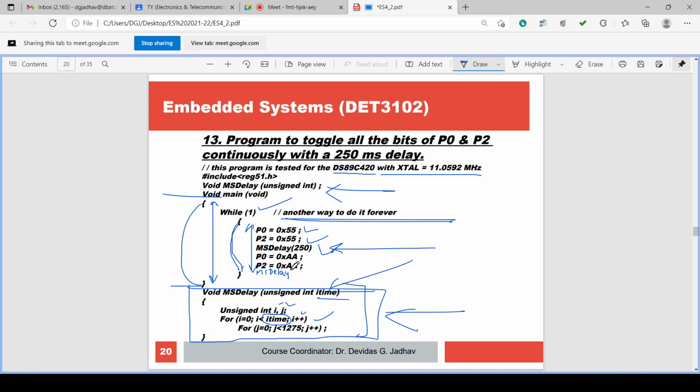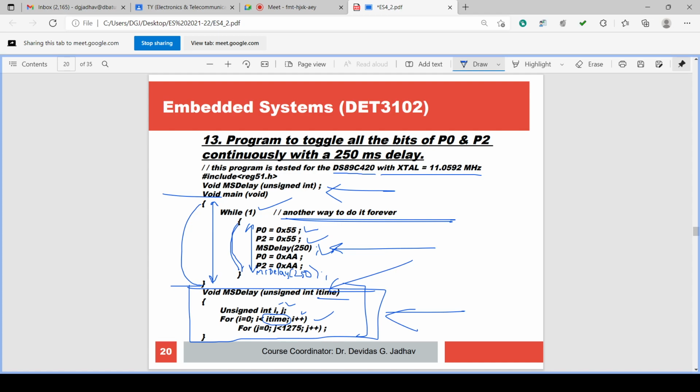msdelay 250, or maybe 200, or maybe 300, or maybe 500. msdelay 250 we have to execute. Okay. msdelay 250 is there. In this way we can execute it. So in this program msdelay is used 2 times: after P0 and P2 are assigned 55, and after P0 and P2 are assigned AA.